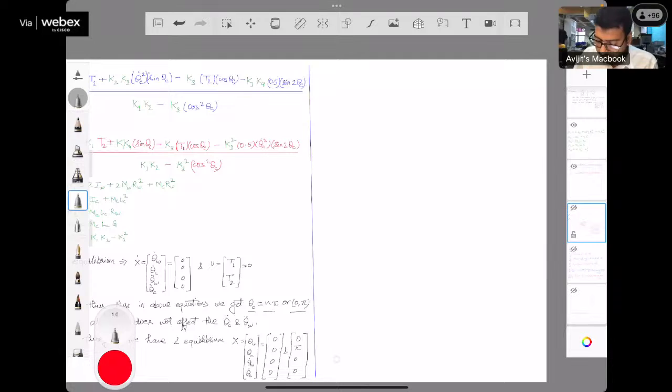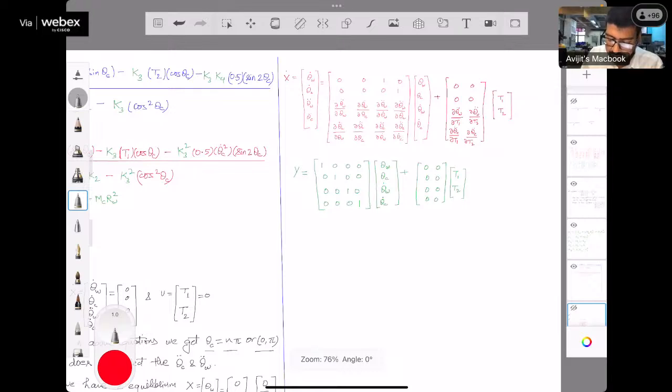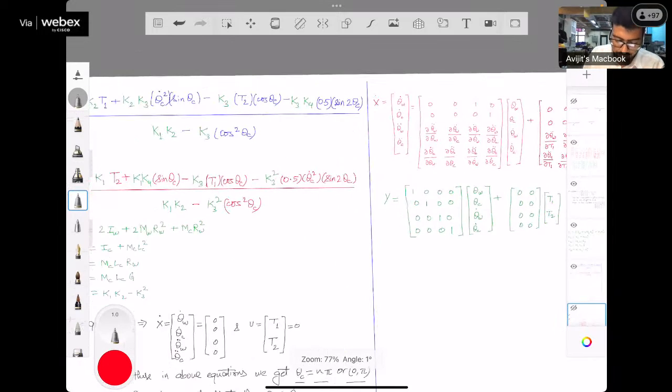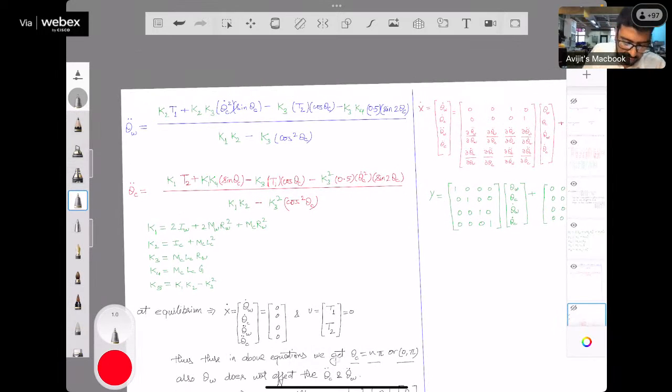Now, from these equilibrium points, we will try to calculate the state matrix. In order to get the state matrix, that is the linear state space representation of the system, what we will need to do within these equations,